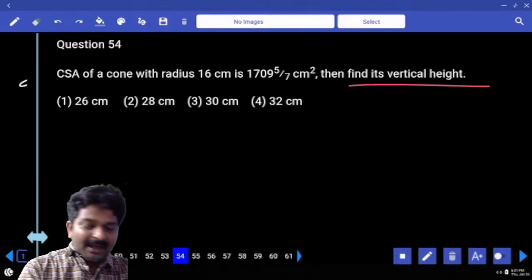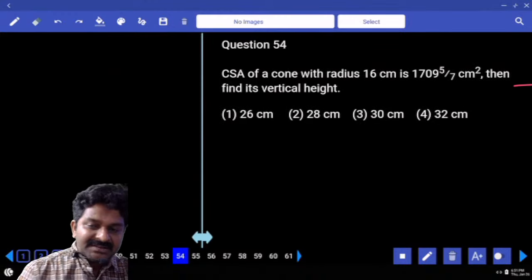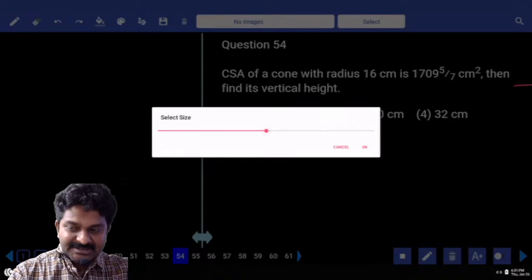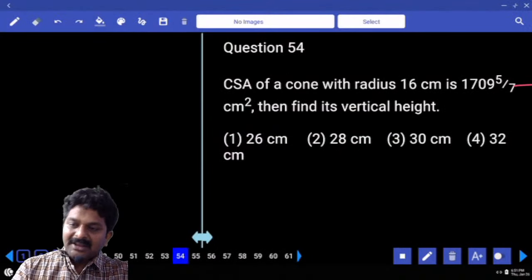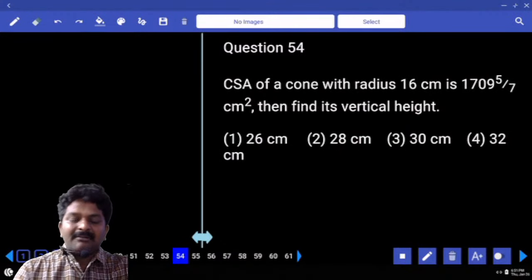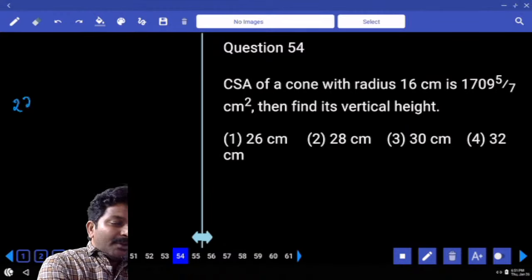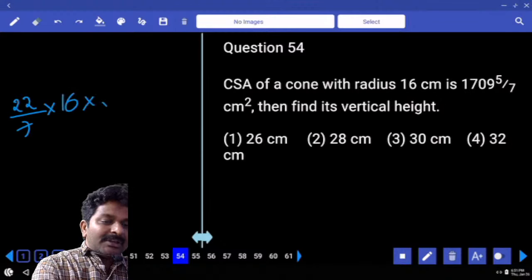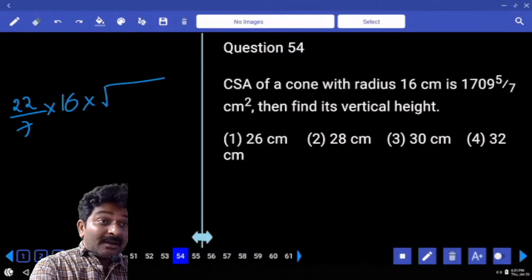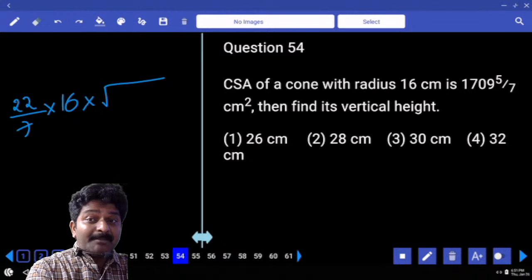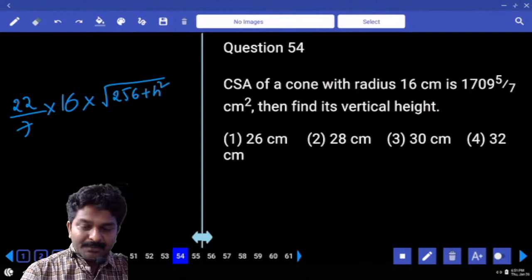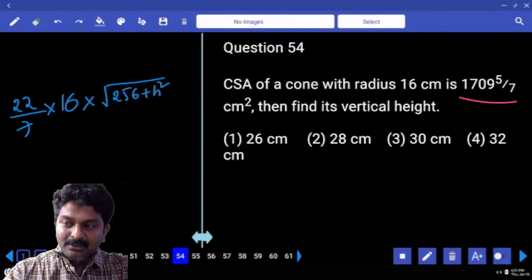Find its vertical height. Okay. Curved surface area of the cone with radius 16 centimeters is given, and we were asked to calculate the vertical height. Curved surface area, pi rl only. 22 by 7 into radius 16 into l, in the sense under root of r square plus height square. r square 256 plus height square. And this value is equal to